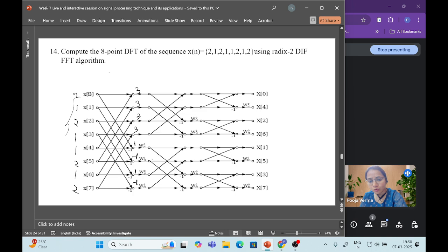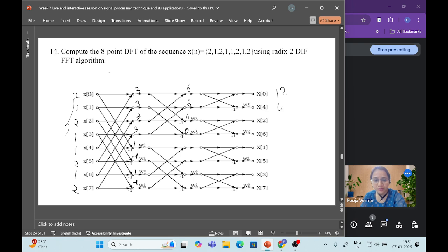Now calculate W80, W81, W82, W83 values and then just multiply in this factor, then again do the calculations. So here it is 3, here it is going 3 and here it is also going 3. Here no, so again simply add. Here also 3 and it is also 3, simply add. Here again, 3 into minus 1, so minus 3 plus 3, 0 here, again 0 will be here. Okay, now calculate this one and multiply in this factor. So finally you will get here